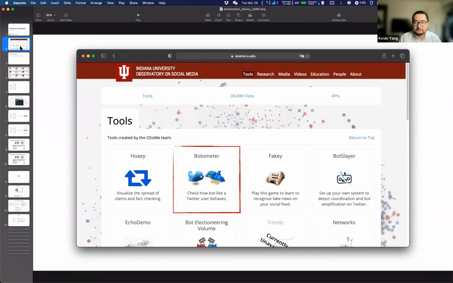I remember earlier there was a question raised about how we can face such a chaotic situation on social media, with different malicious actors and misinformation going around. How, as a user, can we do more? I think the reason we're building those tools, including Botometer, is that we hope they can empower other people, both researchers and everyday users, to give them something they can use in their daily life